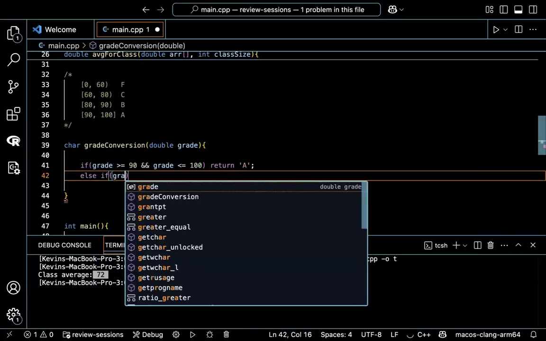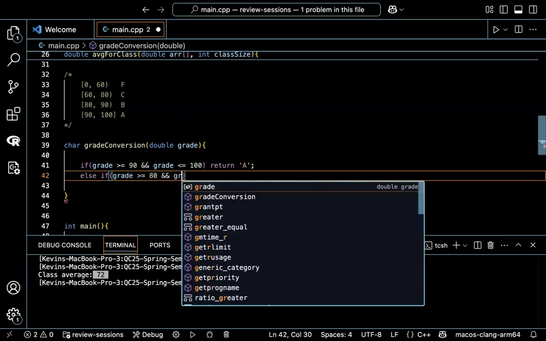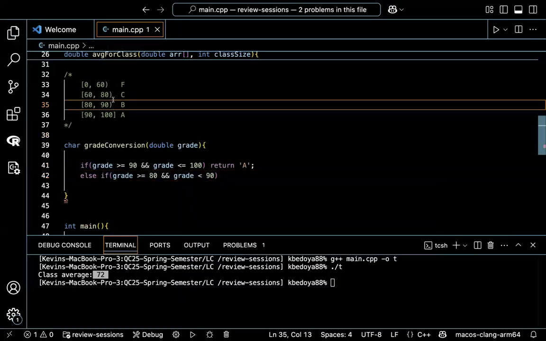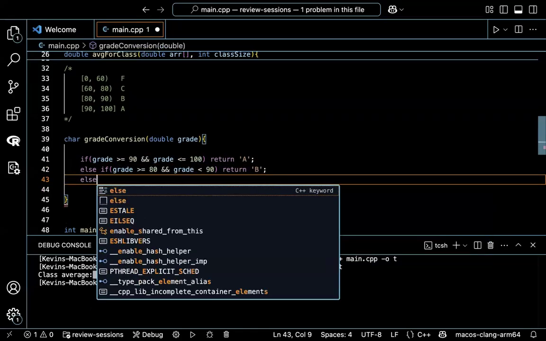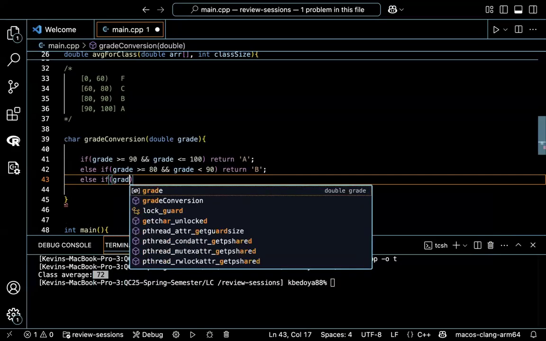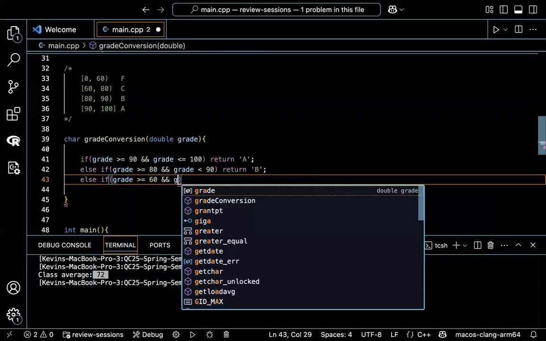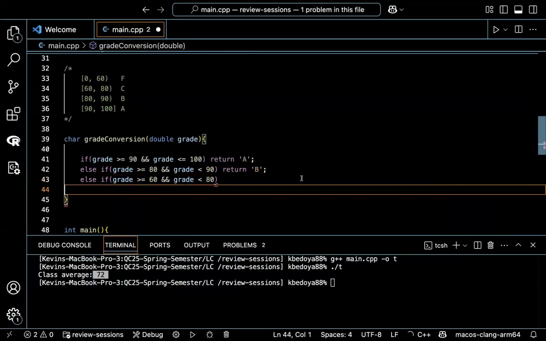Else if the grade is greater than or equal to 80 and the grade is less than 90, which is why I include these parentheses here. It's not including that number. We return a B. Else if the grade is greater than or equal to 60 and the grade is less than 80, we return